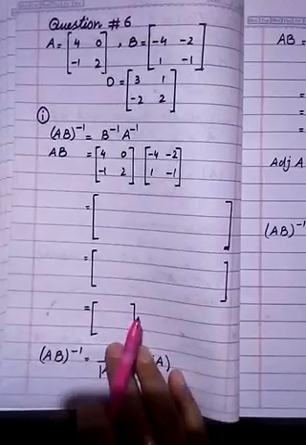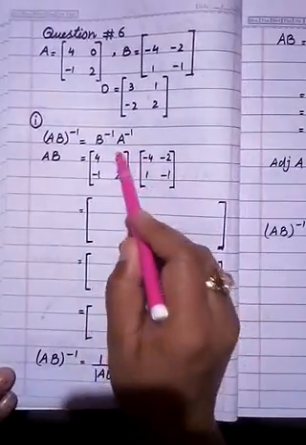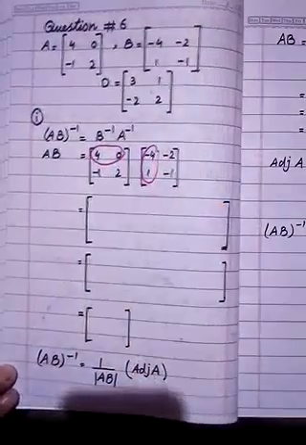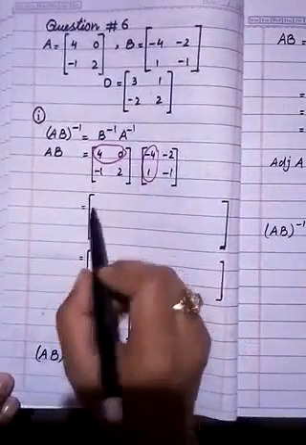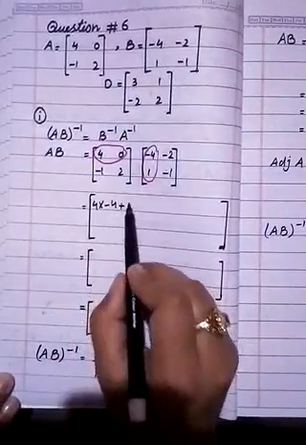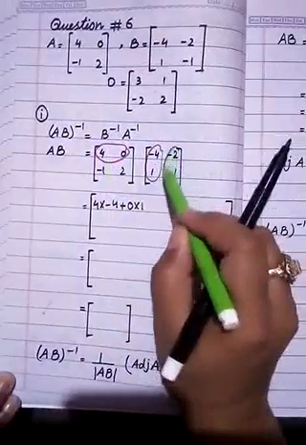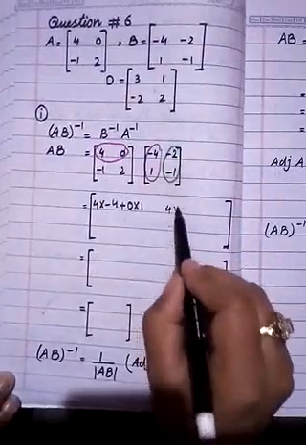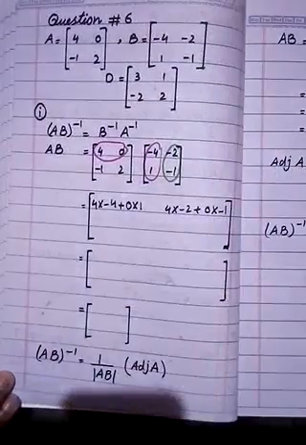Now, in the previous lecture you have come to know about the multiplication of matrices, but again I will repeat it. First row multiply by first column and each entry multiply by each entry. First entry multiply by first, second entry multiply by second. So, you can write here 4 multiply by minus 4. Sign of plus is used in multiplication of matrices. 0 multiply by 1. Now, same row multiply by second column. Now, the rule is same. First entry multiply by first and second entry multiply by second. Now, same procedure you have to apply here.